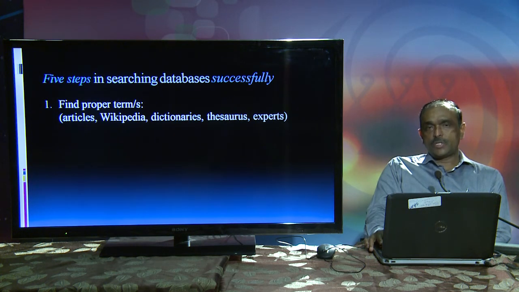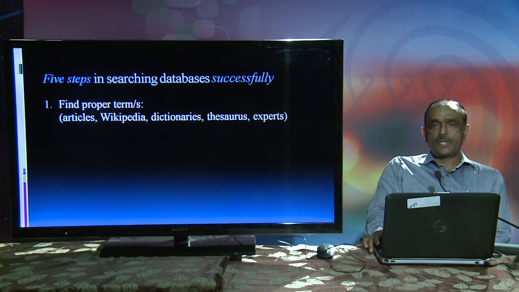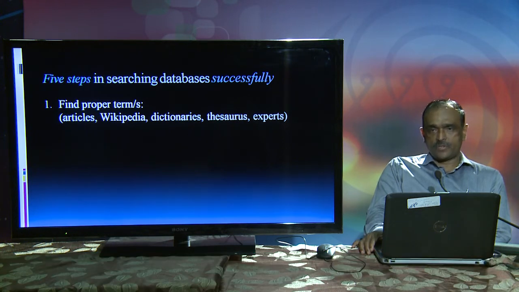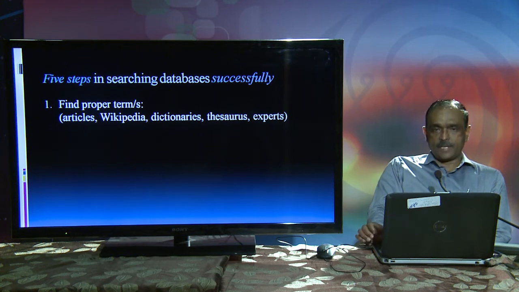But the most logical source for finding appropriate terms for searching literature is the information retrieval thesaurus. This is different from what is called a language thesaurus. For example, Roget's thesaurus is a language thesaurus. It provides you a list of synonyms. But an information retrieval thesaurus provides you a list of broader terms, narrow terms and related terms. An information retrieval thesaurus prepares a sort of network of the terms related with a particular topic.